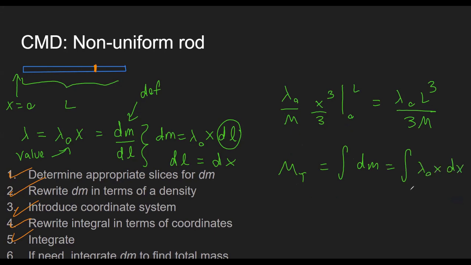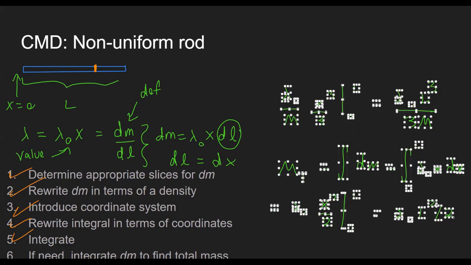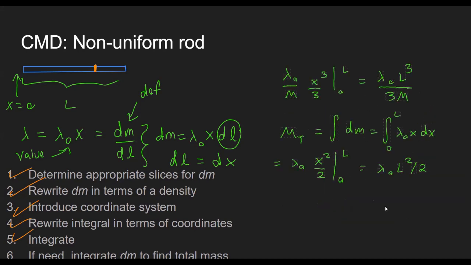And of course, we're integrating along the whole rod, so we start at 0 and end at L. So pulling out lambda naught, integral x dx is, of course, x squared over 2. And we're evaluating from 0 to L, giving us lambda naught L squared over 2. So finally, we plug this into our result from the previous part of the problem. And what we get is lambda naught L cubed over 3 times 2 over lambda naught L squared, or 2/3